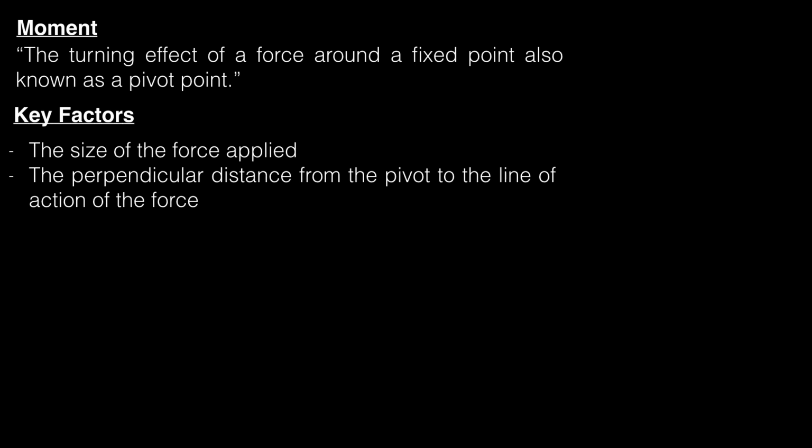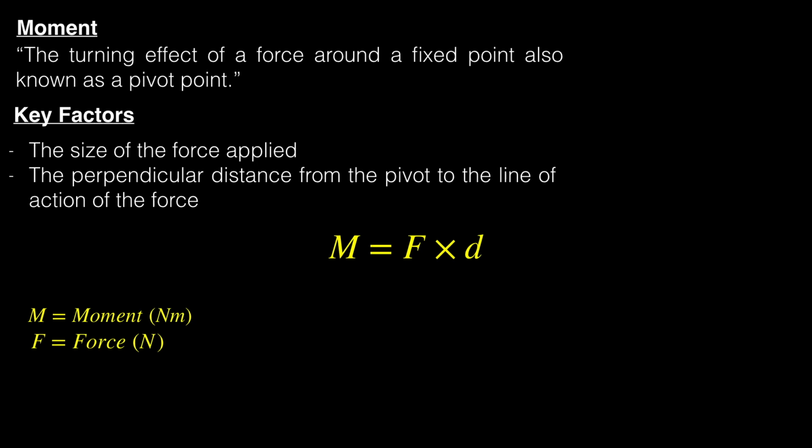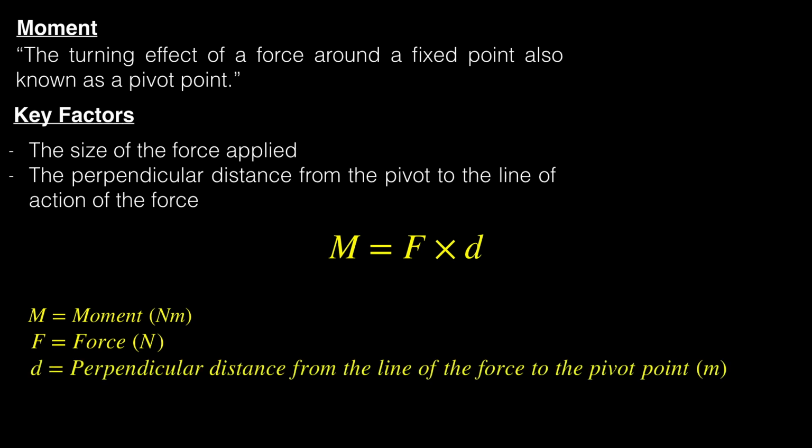And that is M is equal to F times d, where M is the moment in Newton meters, F is the force in newtons, and d is the perpendicular distance from the line of action of the force to the pivot point in meters. Let's look at a super common example where we have a spanner and we want to